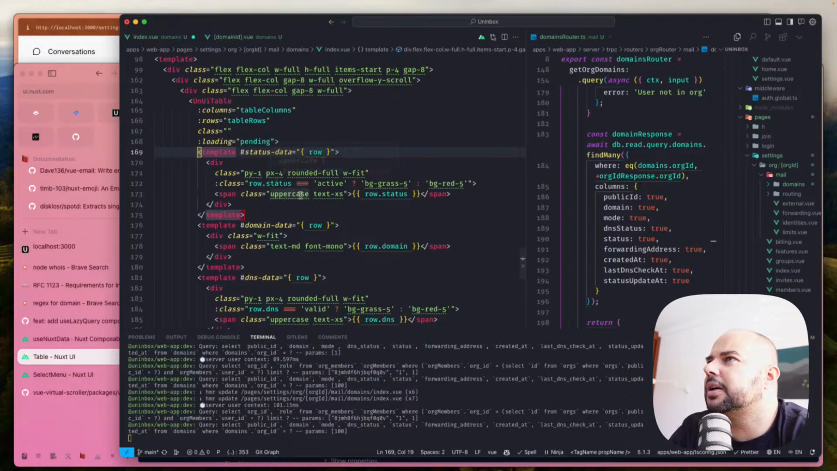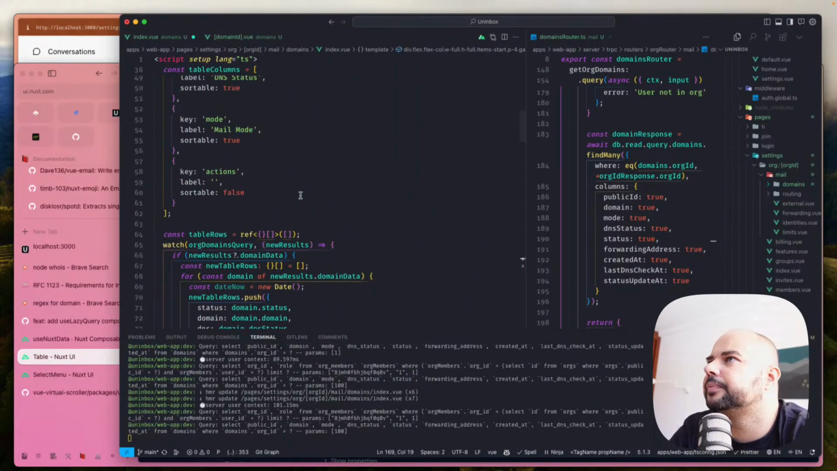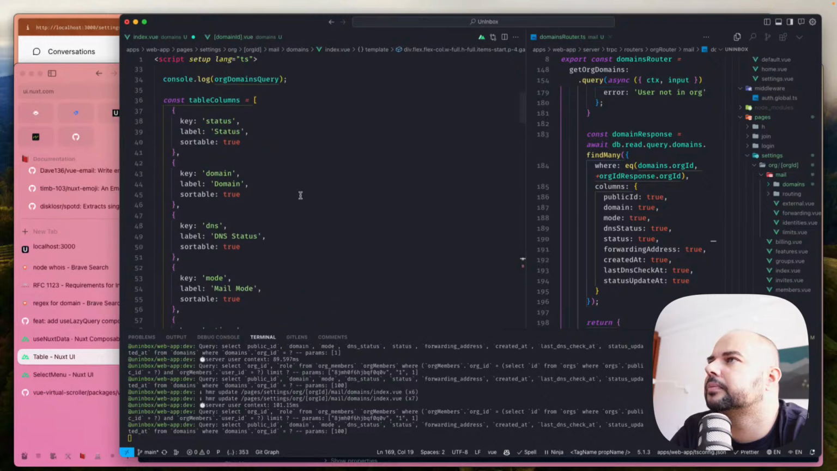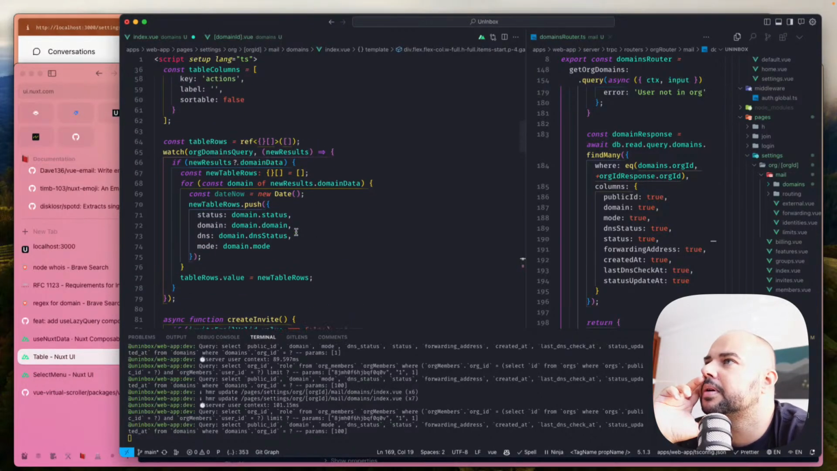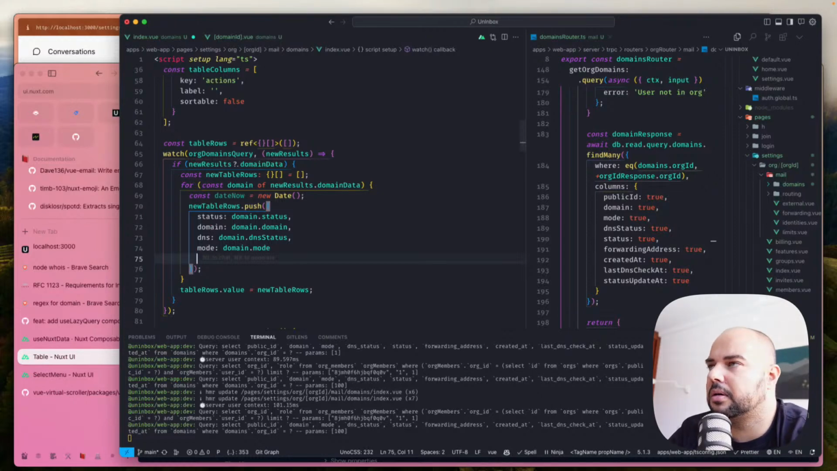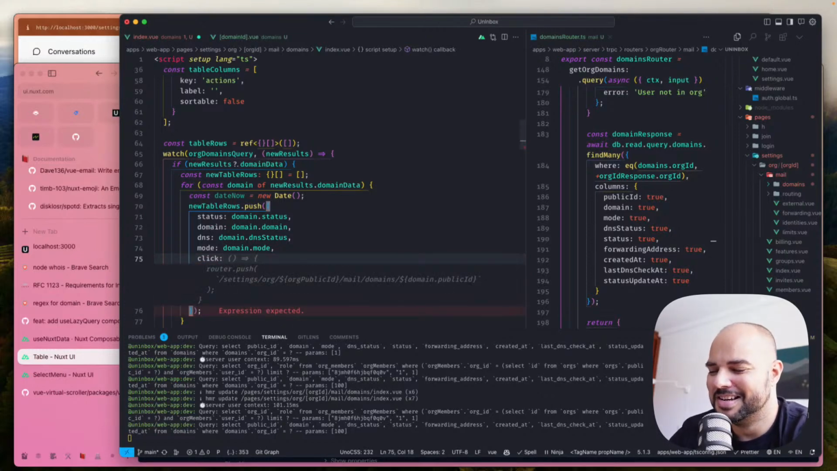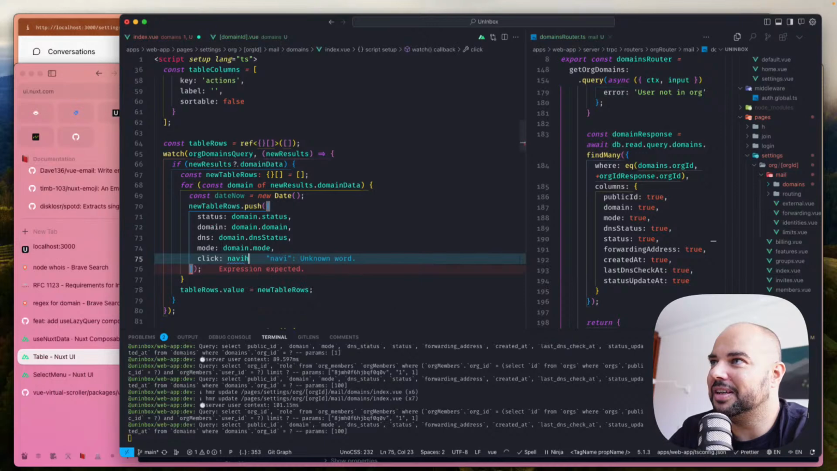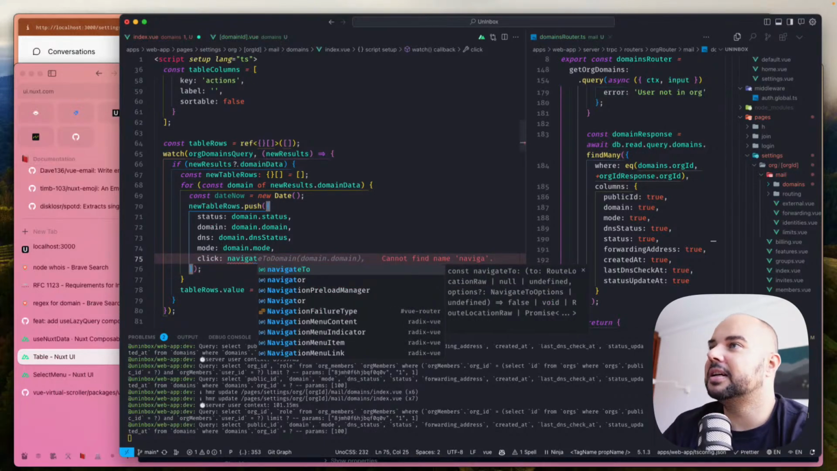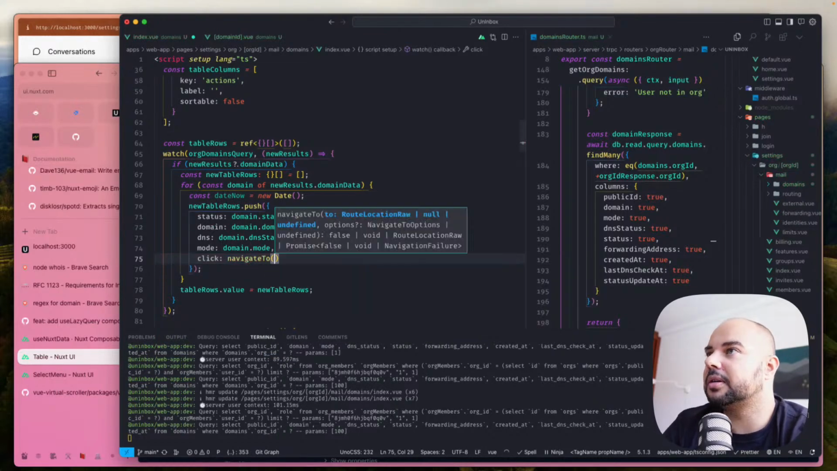Wait, hold on. Do I just do in here then? That's the columns. Like literally like this. Just pass in a click. Like navigate. Keyboard's misaligned again. Navigate to